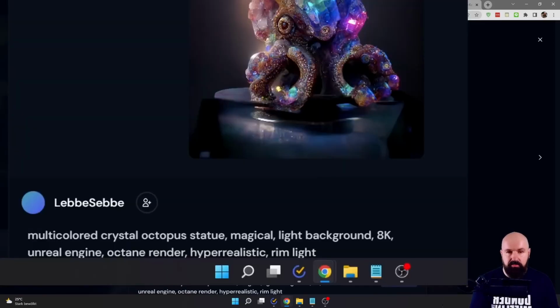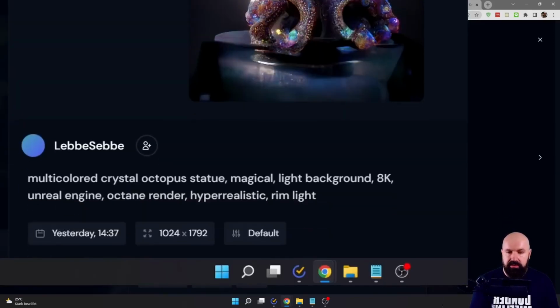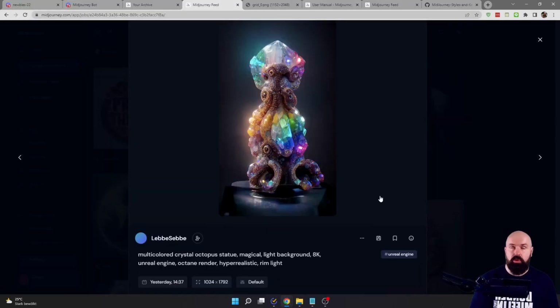Here we have another very impressive work, and when you look down at the description, it says multicolored crystal octopus statue. It's important to think about what we actually want to have, because if this would be multicolored crystal octopus without the statue, the AI would create something different for you, because it would think, well, you want to have a live octopus that is maybe made out of crystal or holding crystal or is in between crystals. Also, you need to think about these kind of words to describe it as well as